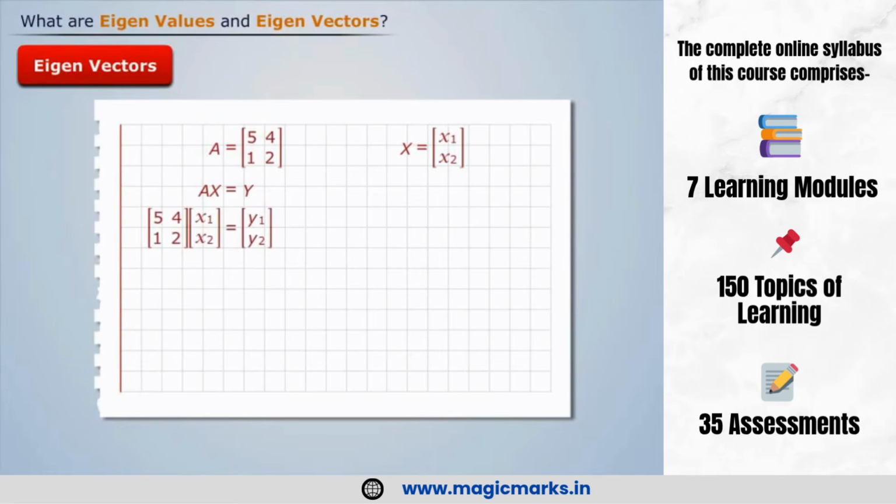This matrix X can also be transformed into matrix Y with the help of variable lambda. Thus we get